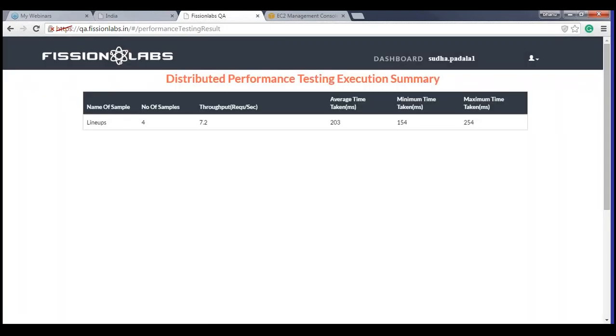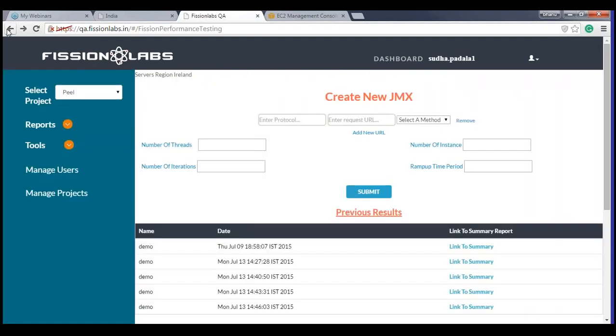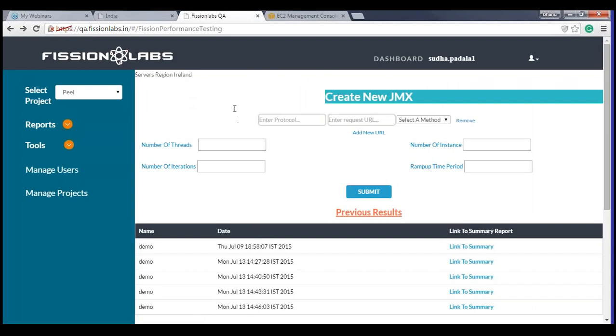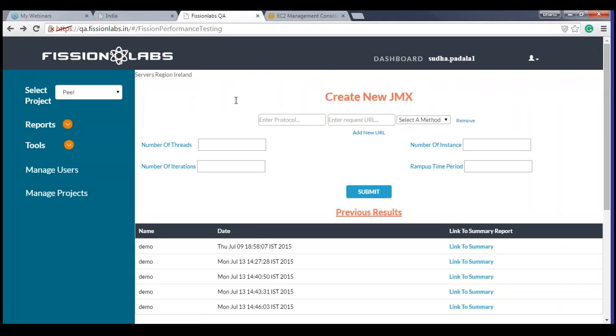Let me show you this. So once the execution is completed, you will get the results in a summarized format. Maybe here in this case, we are using only number of samples as 4, but say for example you are trying to look at a scenario where you need to test the application for 1,000 concurrent users. In those cases, all you need to do is use the same script and just change the number of instances. Say, if I am trying to produce a load of 1,000 concurrent users,